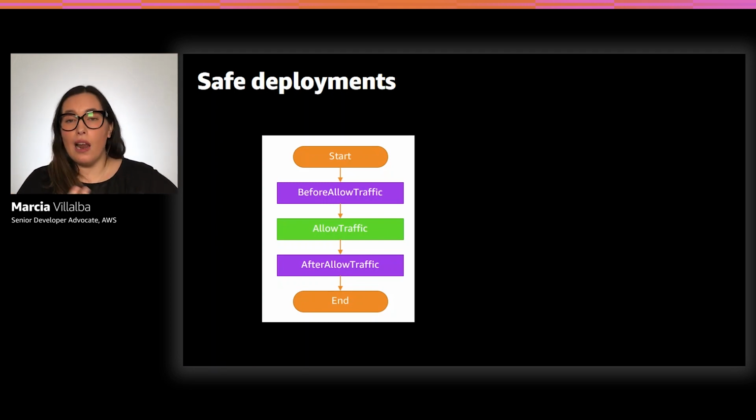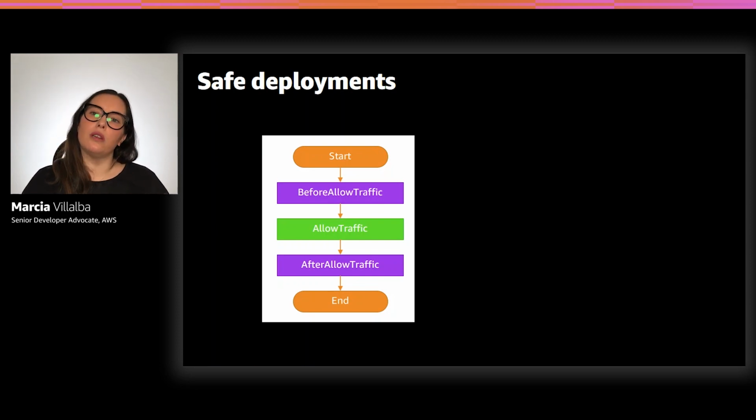And while you are allowing traffic, you are monitoring and making sure that nothing breaks. And then after you allow 100% of the traffic, you will run more integration tests. And then if everything goes well, then you're done. And then you can even delete version 1 if you don't need it, or it can stay there. But if anything goes wrong, then the traffic will go back to version 1 and roll back as if nothing